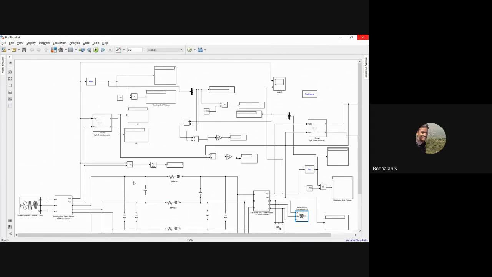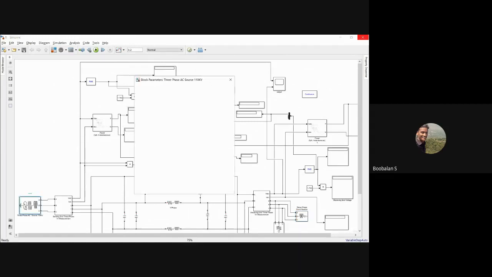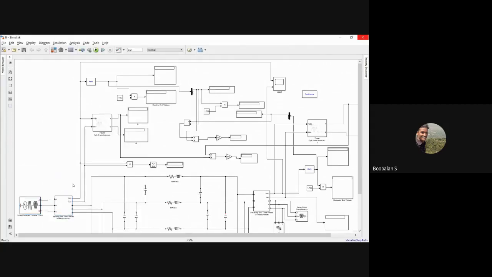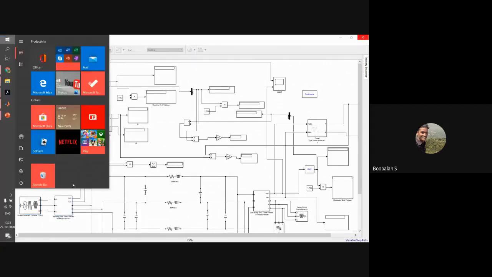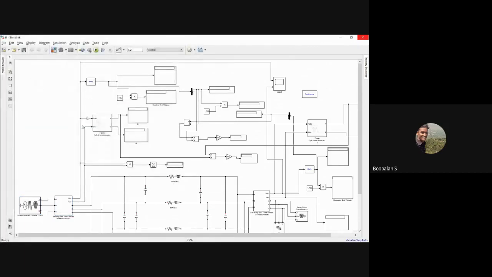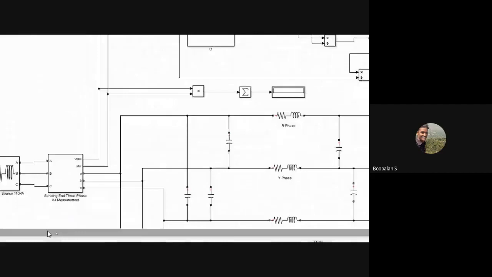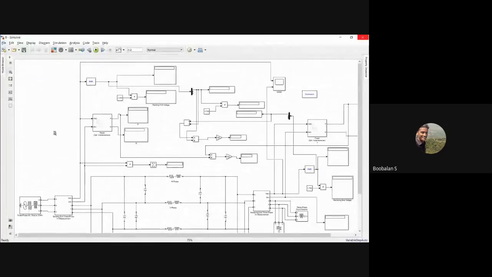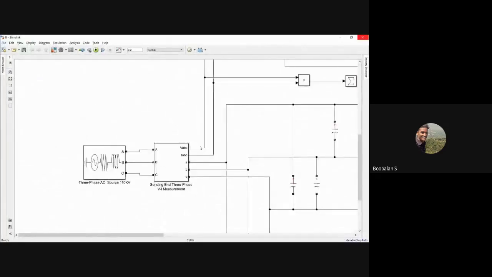We are going to calculate the sending end voltage first. How is it going to be calculated? For the sending end voltage, we framed about 110 kV, so we need to verify that this is the sending end voltage. For that purpose, I'm going to use a magnifier once again, then it will be very easy to navigate, right? Here you could see my three-phase sending end VI measurement, where you could see the VABC terminal. This is my RMS value, which is coming from my three-phase AC. You could use a plus symbol, then it will be very easy, right? VABC, and I'm tapping over here, right?